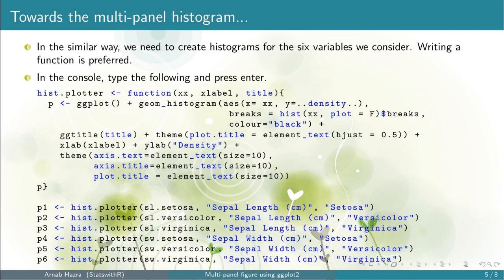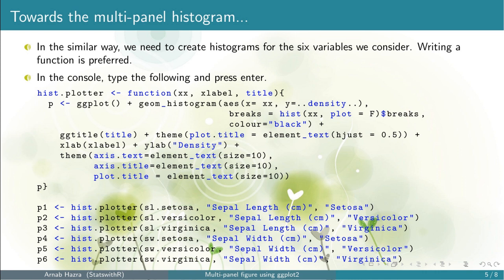We write a function hist.plotter that considers some inputs like the name of the data vector, x-axis label, and the plot title. Note that these are specific to the choice of the species and the variable for which we want to draw the histogram. Note that we choose a smaller size equals to 10, of the axis texts, axis titles, and the plot title.